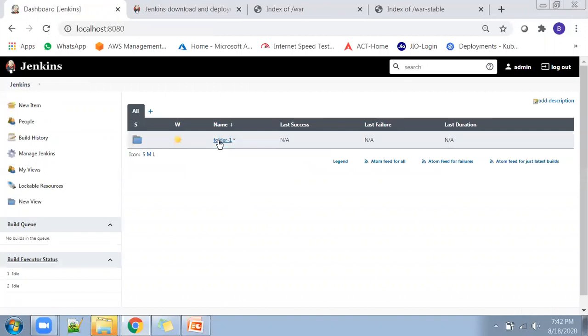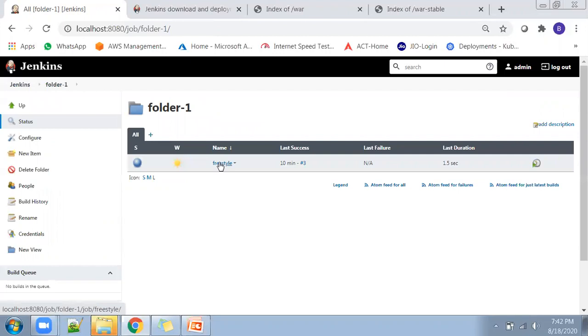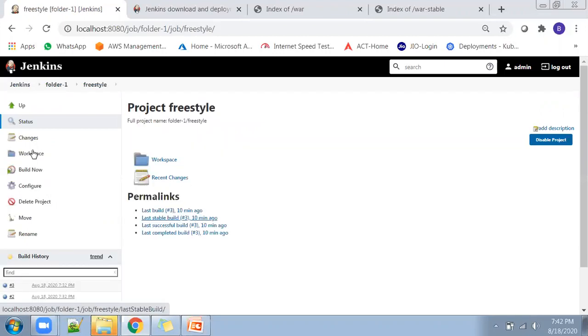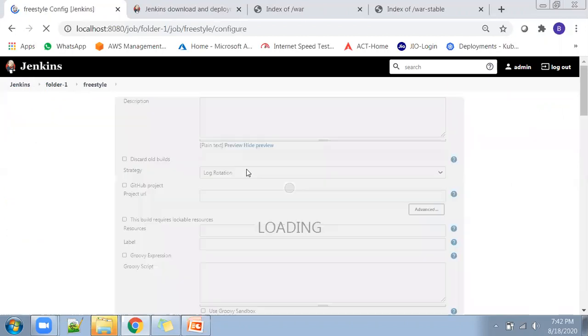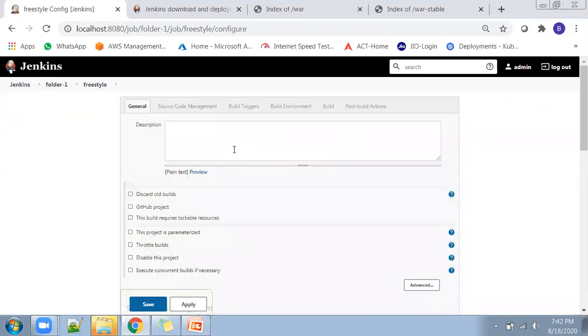I will open the folder which I have created. I'll go to the freestyle job, and I'll go to the Configure section. Freestyle means, as the name suggests, we can customize any type of task. For example, Venu asked that he wanted to do an Ansible deployment and schedule that using Jenkins.